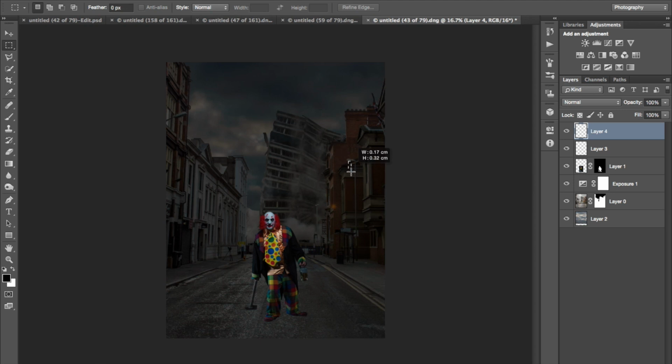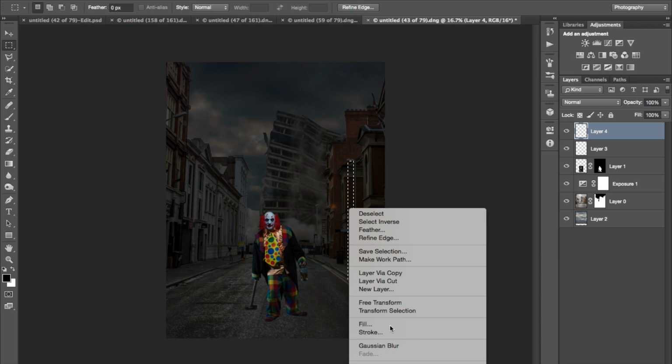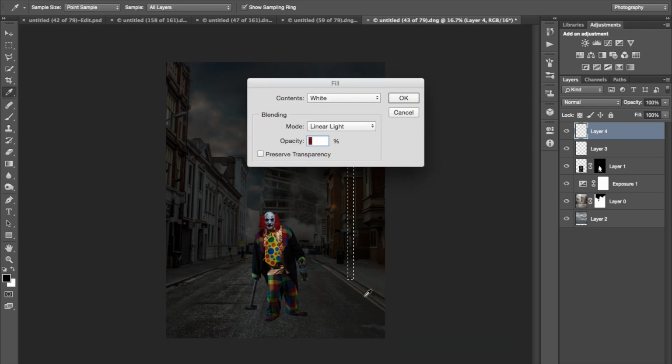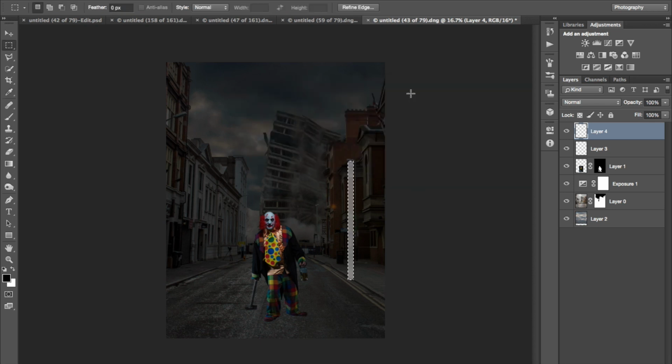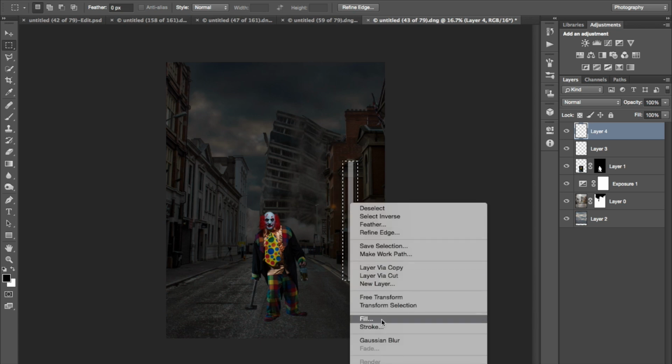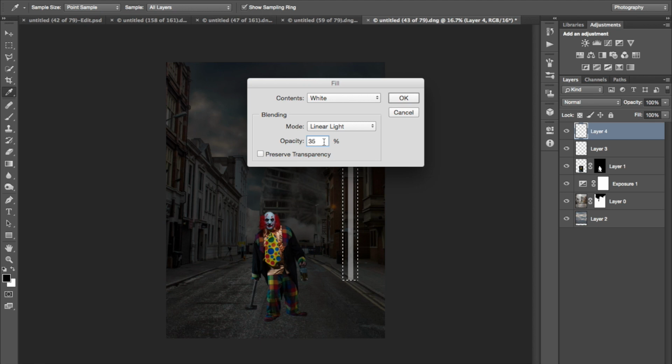I've just deselected it, and in that box I'm going to right click, and we'll find a fill, and it will come up with a fill. I've got white, I've got linear light, and at the minute it's 5. Well, I actually want it more like 35, so that's what I'll do. And now I'm going to go over this, and each time I'm going to go a little bit wider and do the same process, so fill each time, but this time I'm going to go a little bit less each time. So that was 35, I'm going to go 25,